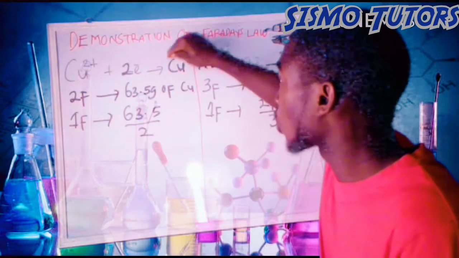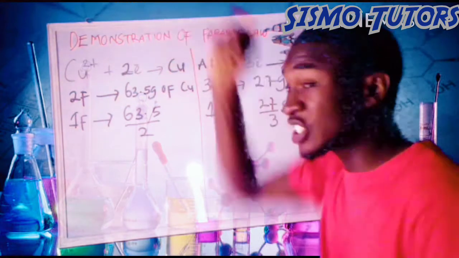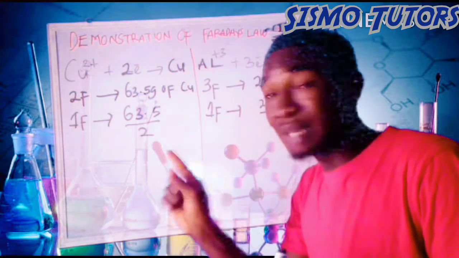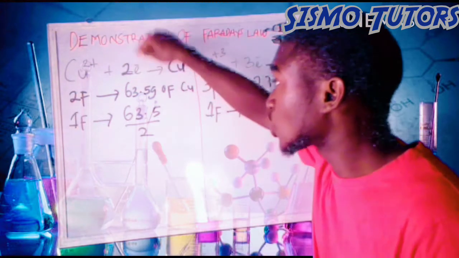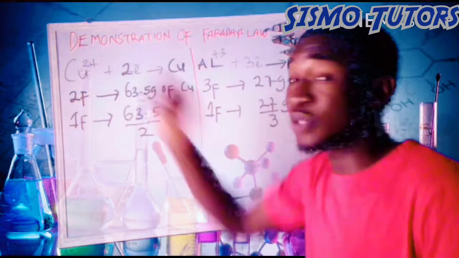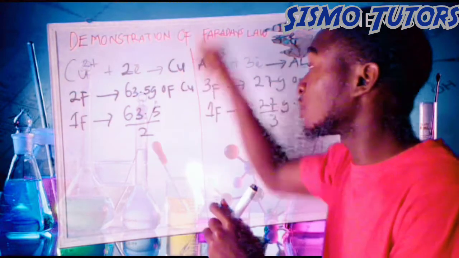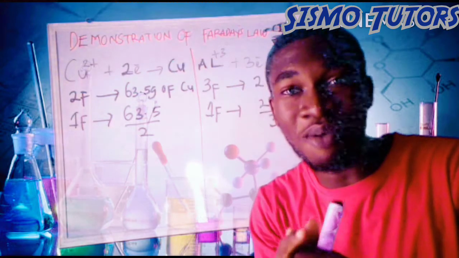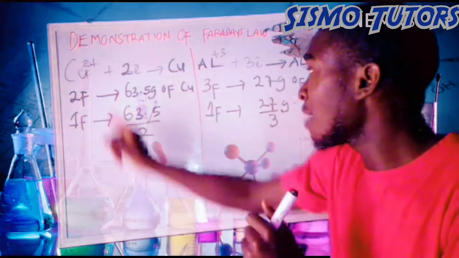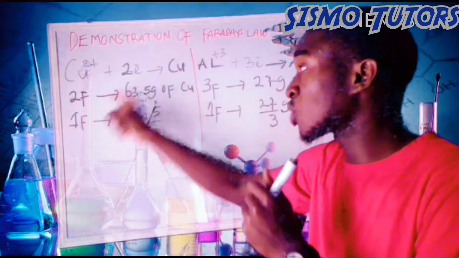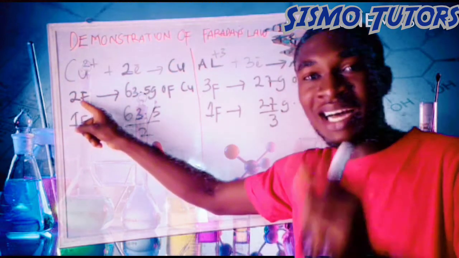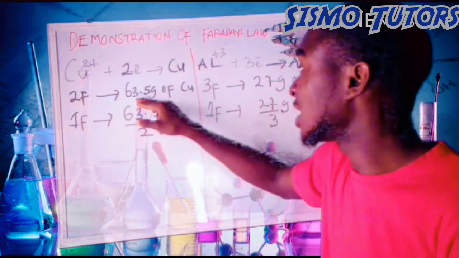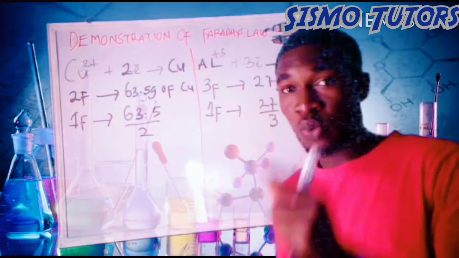Now, this is the copper deposited, and the mass deposited is equal to the atomic mass of that very element. So when it gains 2 electrons, it means we are passing 2 Faraday to this solution, and the mass of the substance deposited at that point in time is the atomic mass of the element. So we have 2 electrons. So as soon as we see the 2 electrons, we know we are talking about the number of Faraday, which is what? 2. So 2 Faraday was passed and 63.5 grams of copper was deposited.